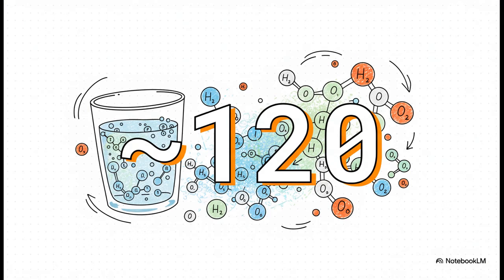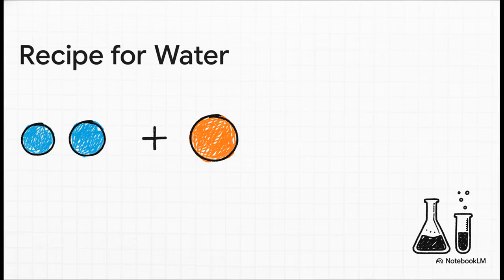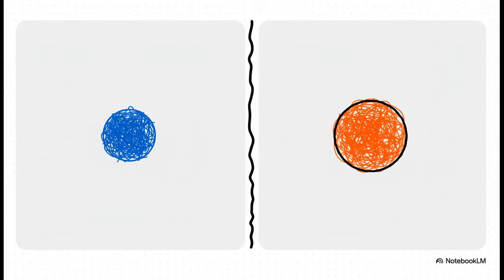Now, to build anything, you need a list of parts, right? Well, in chemistry, nature gives us a palette of about 120 different types of atoms to play with. Each one is a unique element, a different kind of sphere with its own special properties. But out of all those options, the recipe for water is incredibly specific. You can't mess with it. All you need are two ingredients, hydrogen and oxygen. And the amounts are absolutely crucial. Exactly 2 atoms of hydrogen and just 1 atom of oxygen. And let's be super clear here, these are two totally different things. A hydrogen atom isn't an oxygen atom. They're unique building blocks that act in completely different ways. They're different spheres from our set.